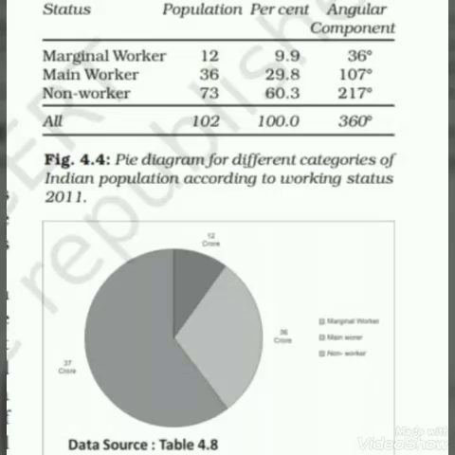So we make a circle. For marginal workers, that means irregular lines, we take 32 degrees, and make a 32 degree angle from D. That was 31 crore. And after it, for the next category, while taking the radius of 31 crore, we make another angle of